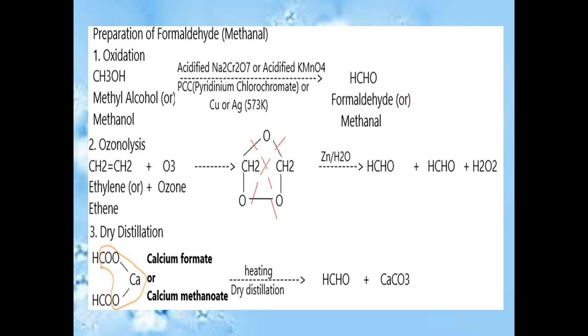Afterward, the first carbon contains one oxygen. The second carbon also shares one of the oxygens. That third oxygen is shared by both the carbons. So that is how we get the ozonide compound.